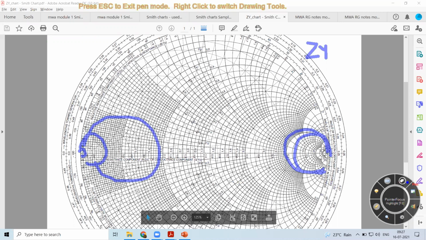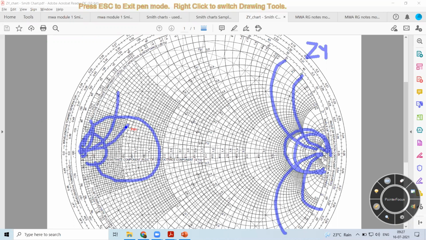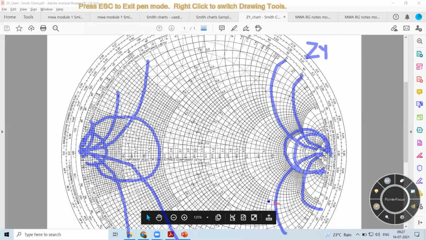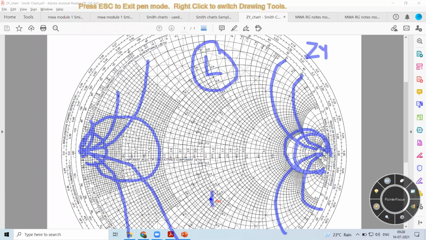And here you can see the reactance part, that is the reactance circles. But in this case, you will also be having the susceptance circles. So these are the susceptances. Now, as I specified, this is a superimposition. In this kind of chart, the upper part is used for plotting the inductance value and the lower part is used for plotting the capacitive value.